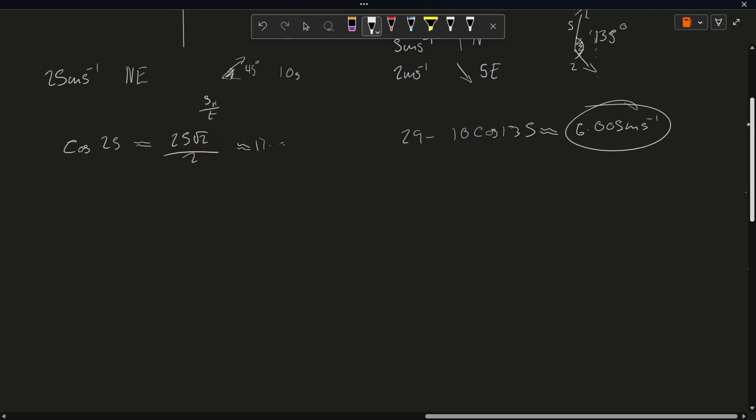Next, we need to do distance equals speed times time. Speed equals distance over time, sorry. This would be 17 point blah blah blah. Or we could use 25 times 2 times 10, so this is just 25 times 5 root 2, which is our distance in meters, which is approximately, in mechanics they usually just let you do this for some reason,